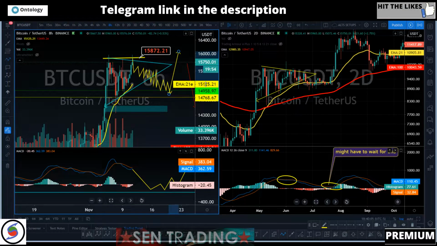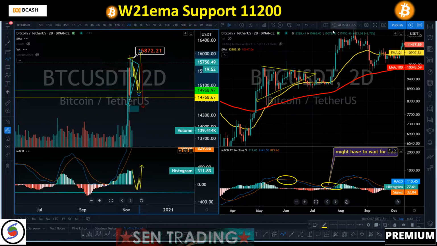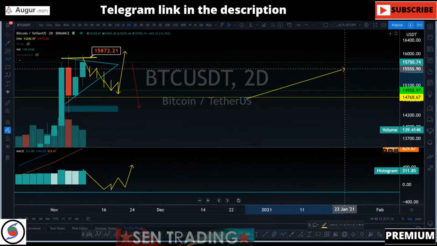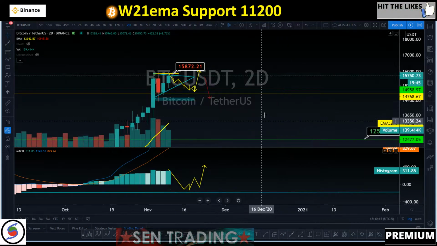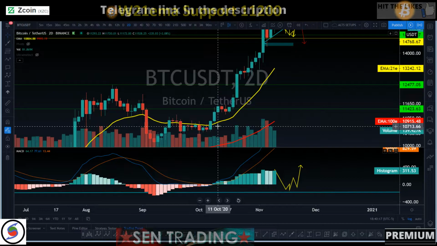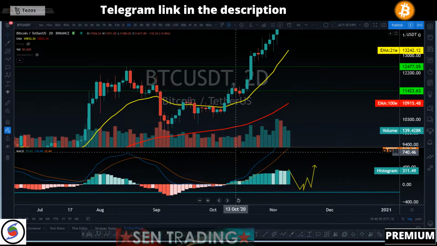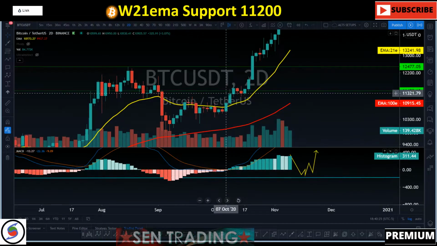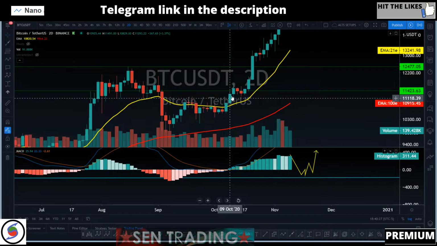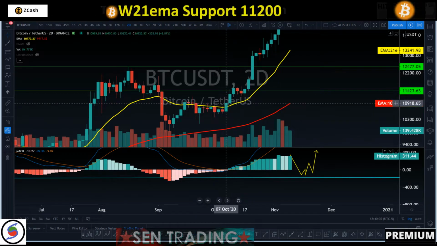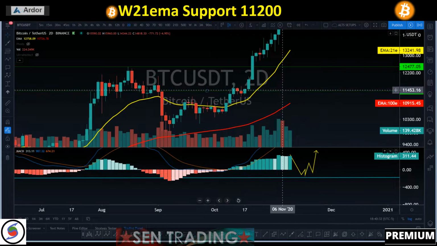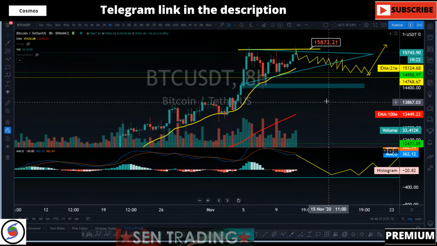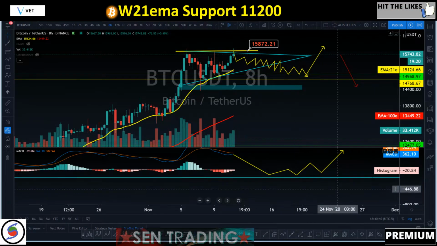But as long as we're basically moving above the 2-day 21 EMA, you gotta stay bullish on BTC. I said it when BTC was at 11k, right? If we pump above the 21 EMA, same structure I'm just showing you, so pump above the 21 EMA, MACD crosses bullish on a 2-day basis, it is going to be a very, very strong bullish uptrend, okay? Same thing on the 8-hour basis, all right? Same exact setup on the 8-hour basis.